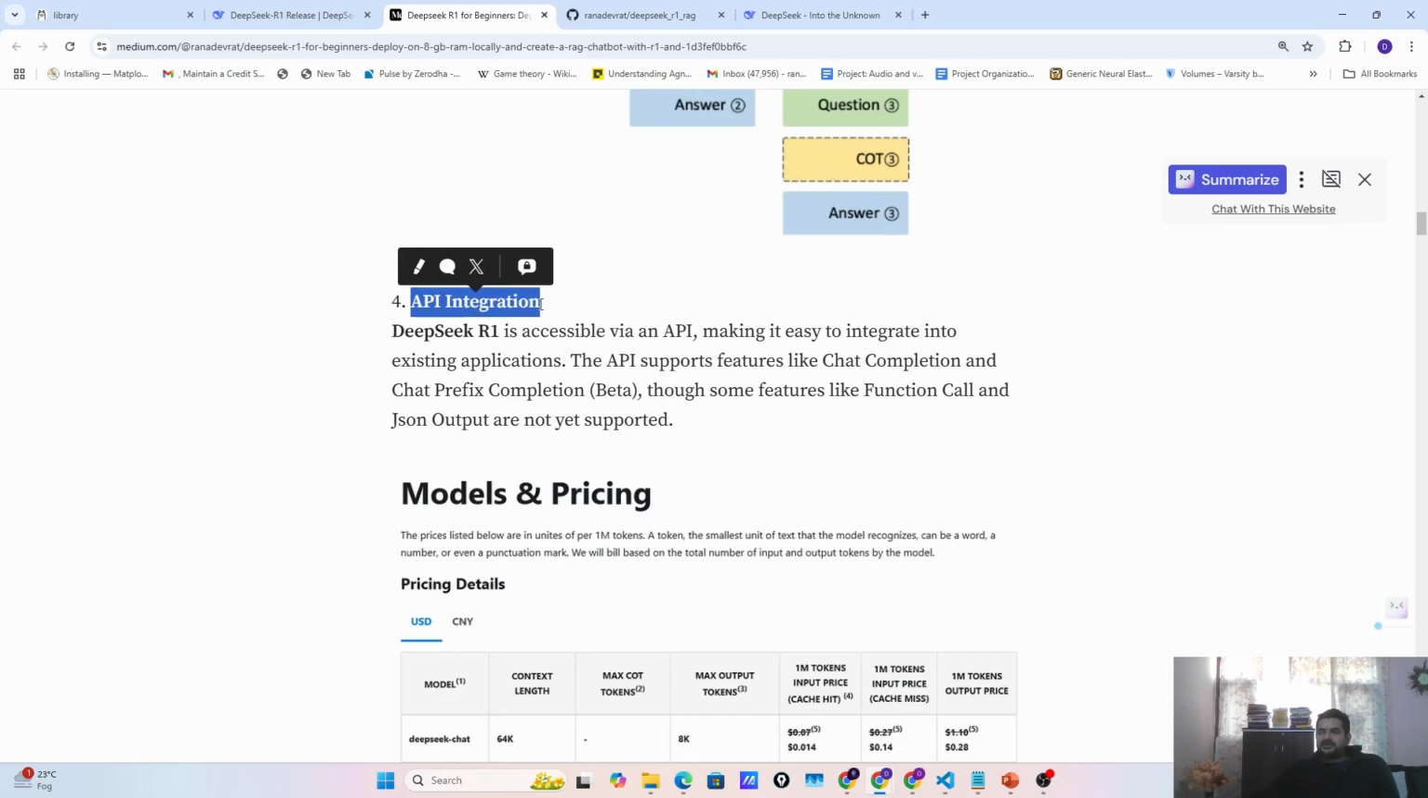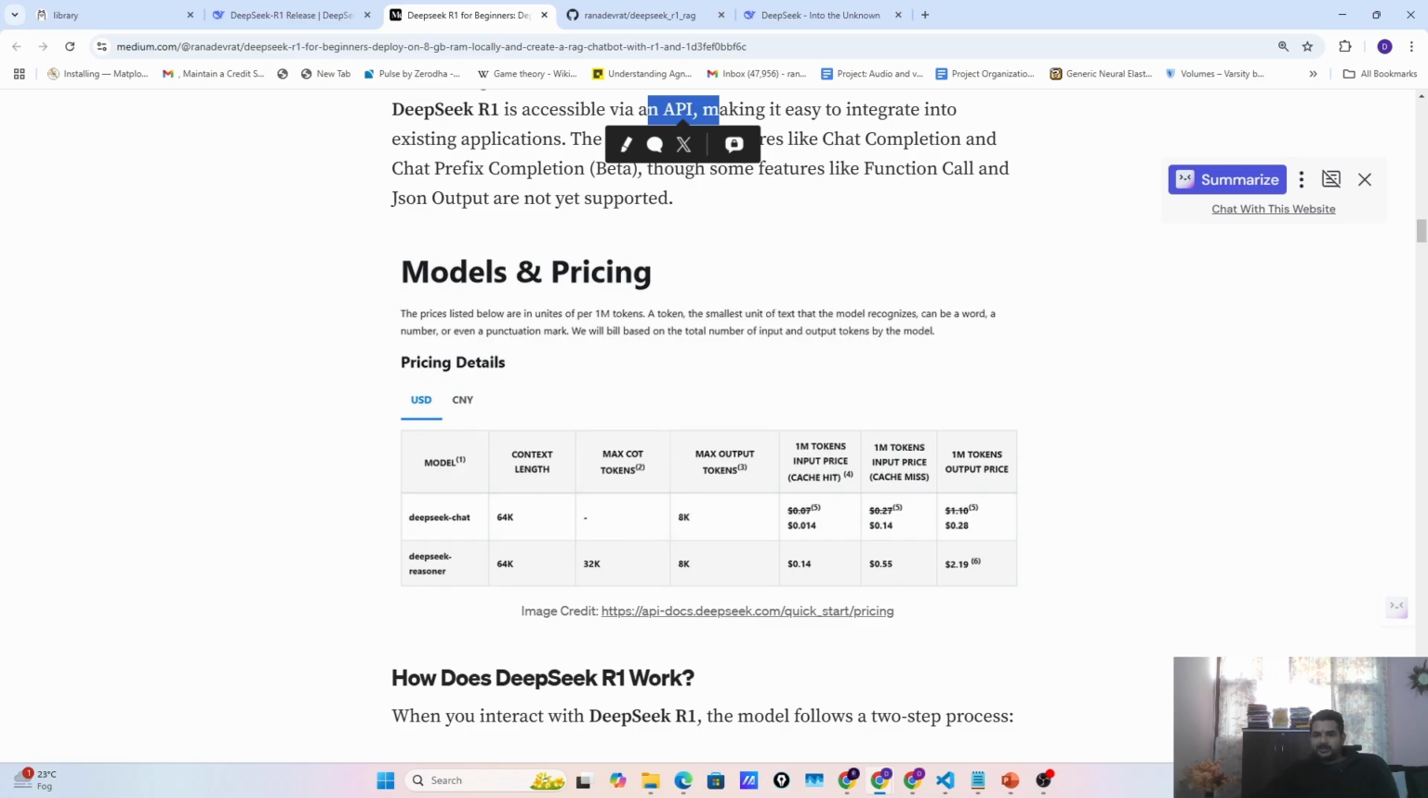So the next feature is API integration. Similar to OpenAI, Deepseek R1 is also accessible through the API, and you can integrate this API with your application and use it directly. And here are the price details in US dollars. These are the price details, and these are for the Deepseek chat API. This is the Deepseek reasoner model, the R1 model API, and these are the context limits,